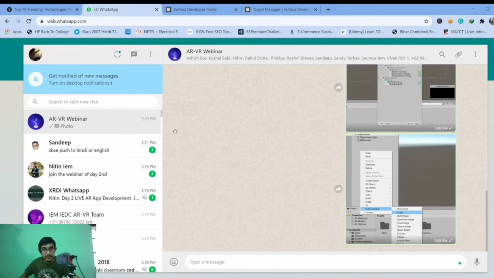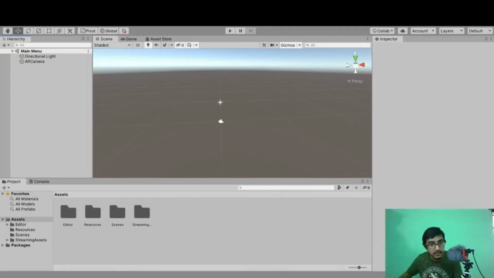I have right clicked on hierarchy, selected Vuforia engine and selected the image option. Here you can see the screenshot that I have shared. I was doing the same thing from the very beginning, but people were not able to see this. I just right click on the hierarchy window, and I got these options: copy, paste, duplicate, 3D object, 2D object. This is where I was creating the cube and a sphere. So right now I will use this Vuforia engine and select image from there.